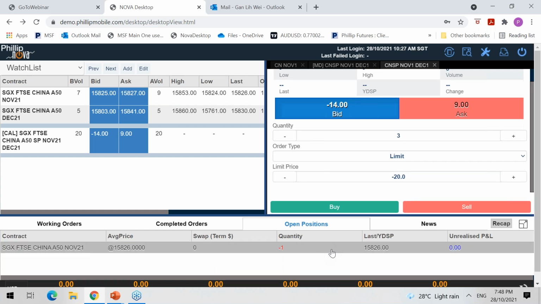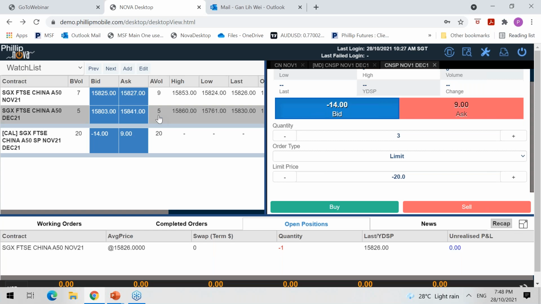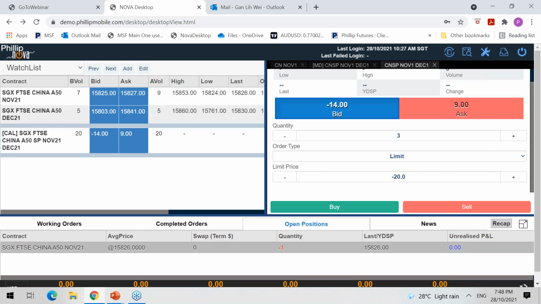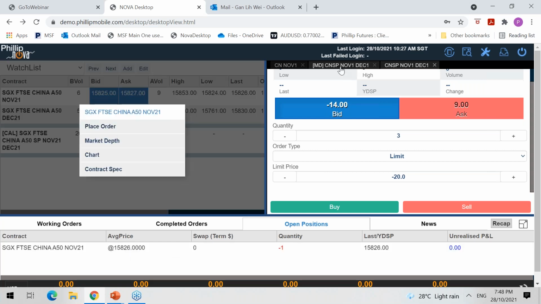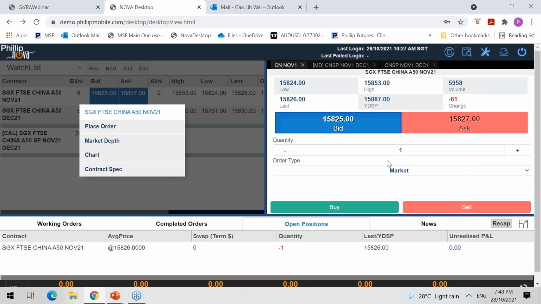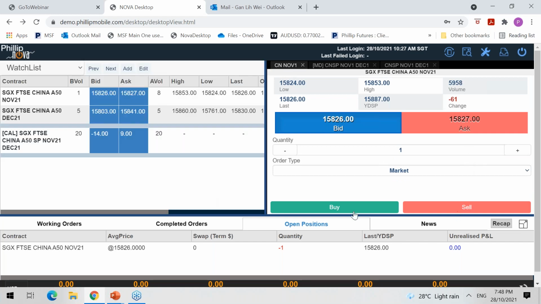So instead of using the spread market, you can close out individually by closing out this contract during quiet Asian hours and then opening the contract again. So let's maintain this version. Let's close out first, the November contract month, by clicking on this. Actually, we have already opened the contract already, so we'll buy at market over here to close the contract. Yes, the November contract is closed, so we do not have any position.